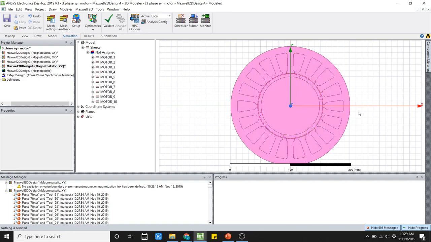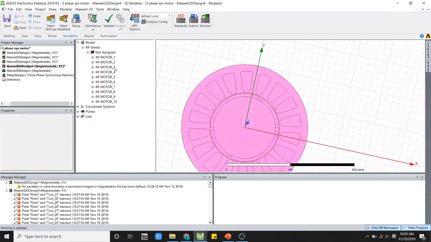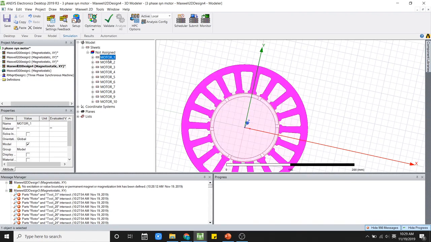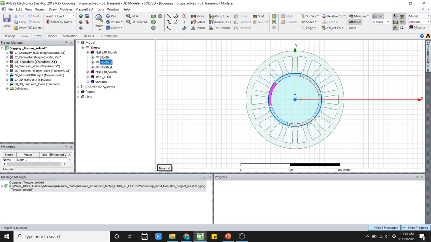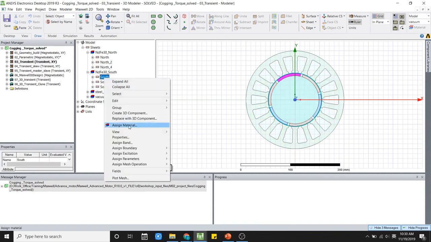Okay, so this is a permanent magnet motor. We can see that all the material is not assigned, and we can just go ahead and give it some materials. And I have one done here to save our time. So here we have a different number of poles for different magnets, north, and we also have the south poles. And if we go ahead and double click to see the material,